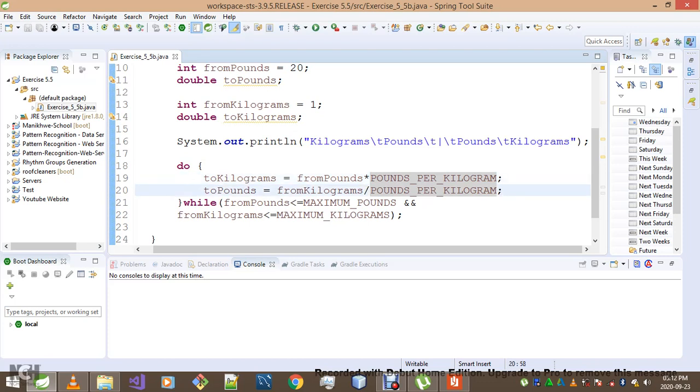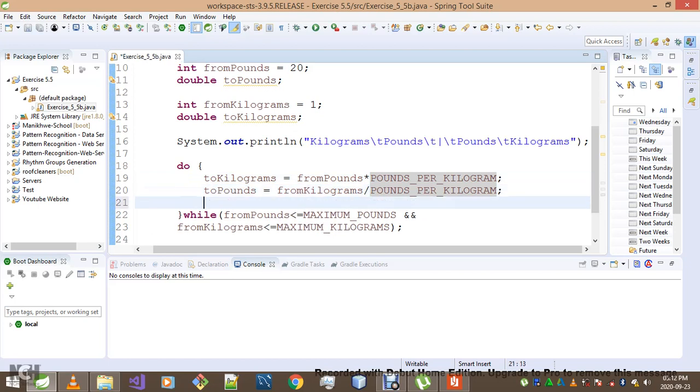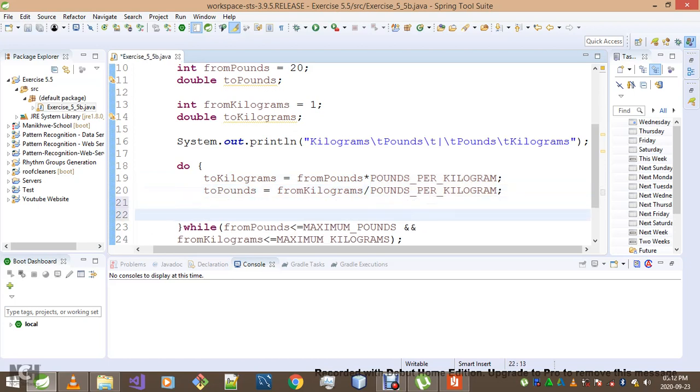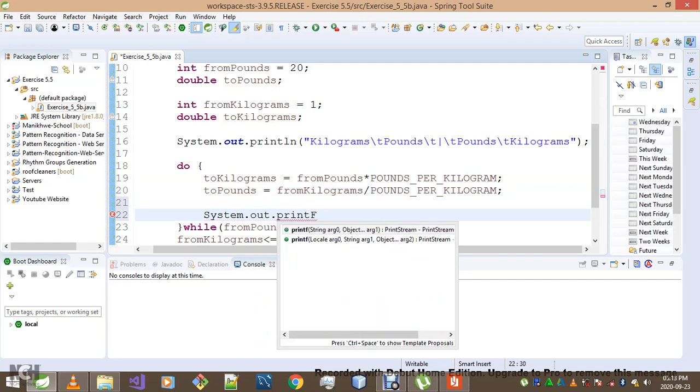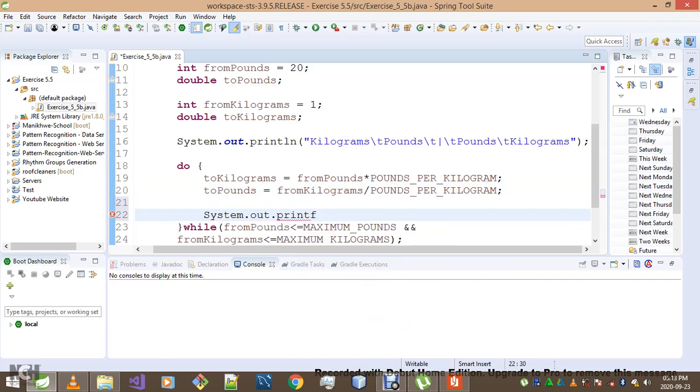So once I'm done executing these two, what I will then do, I'll simply say system.out.print. In these cases, a printf will always be the best choice, because not only is it going to give us what we want, it will also round off our answer. So what I want to put first is the from